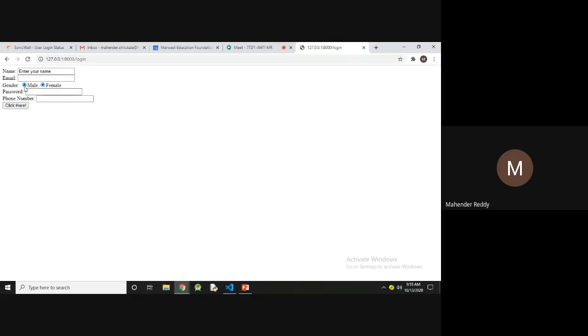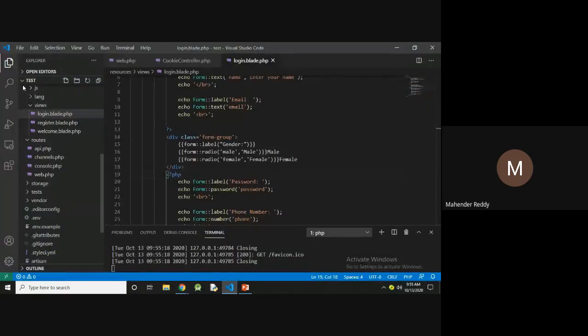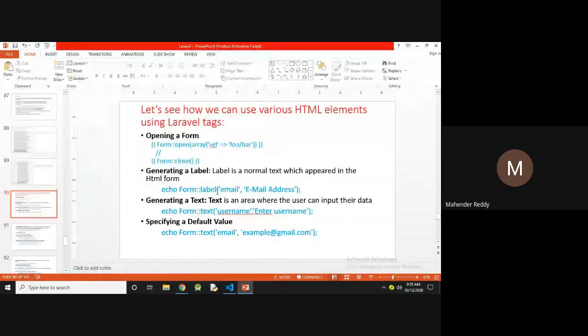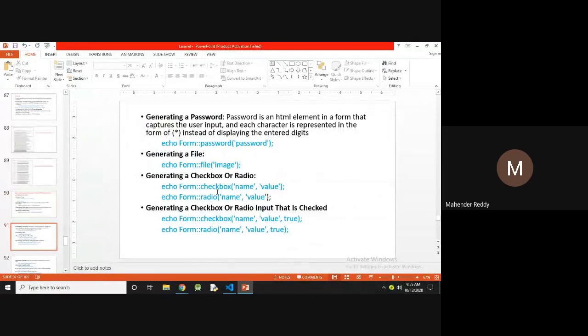Once the radio button is selected, if you want to create a group, then you can use the group radio button, which generates a checkbox or input. If you want to specify that it is checked, you have to use the default true.